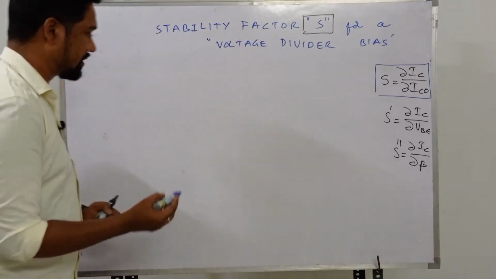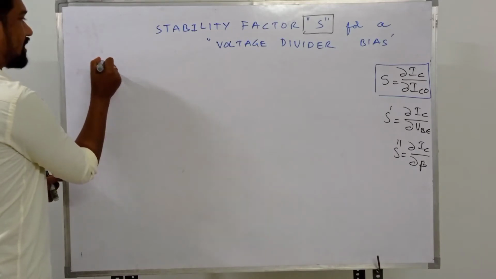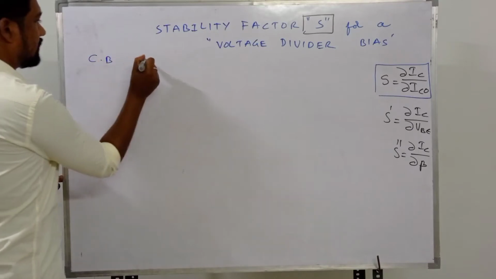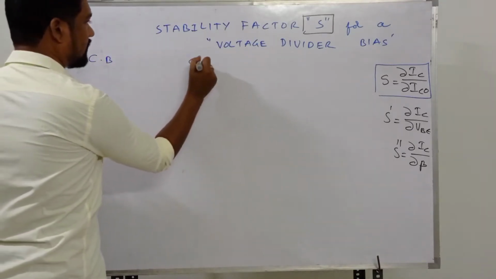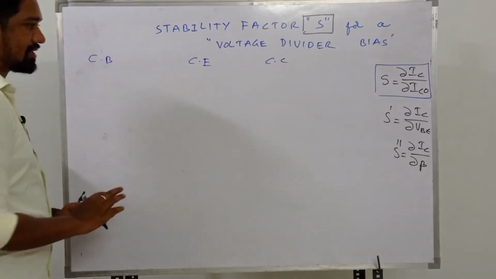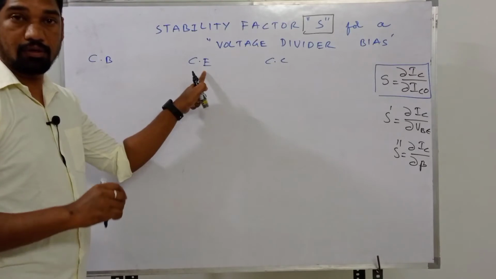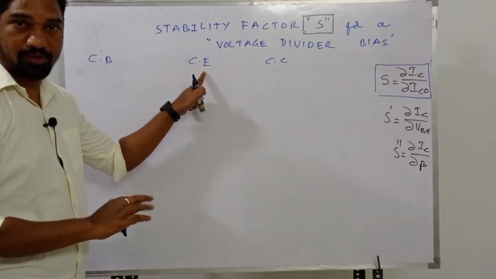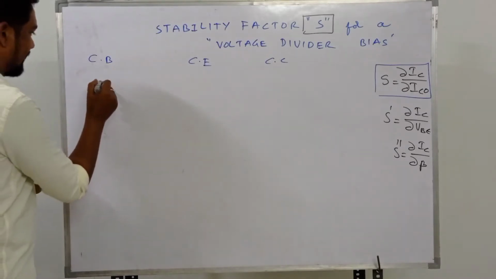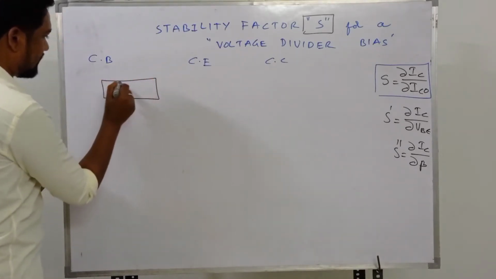Basically we have three configurations, isn't it? The first configuration, we start from common base, and we talk about common emitter and common collector. As far as our discussion is concerned, we can start with the common base and common emitter configuration and some parameters regarding those. So what is common base? Common base configuration says that if we have a transistor like this,